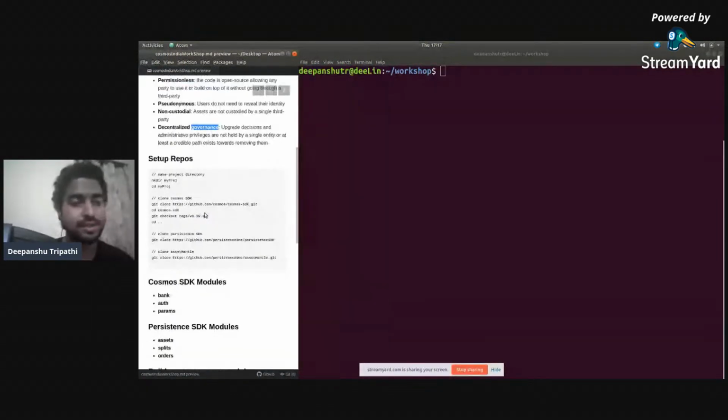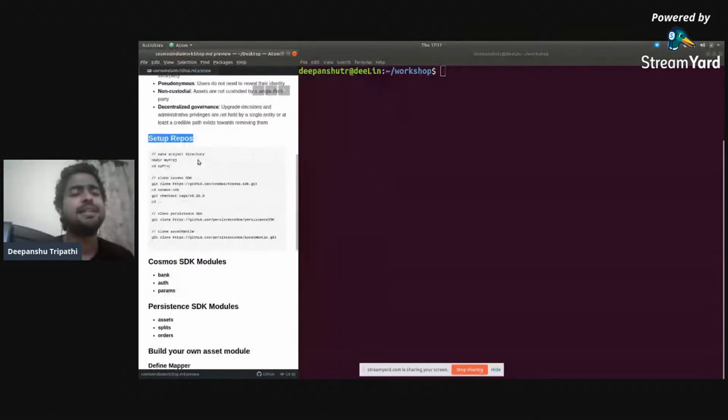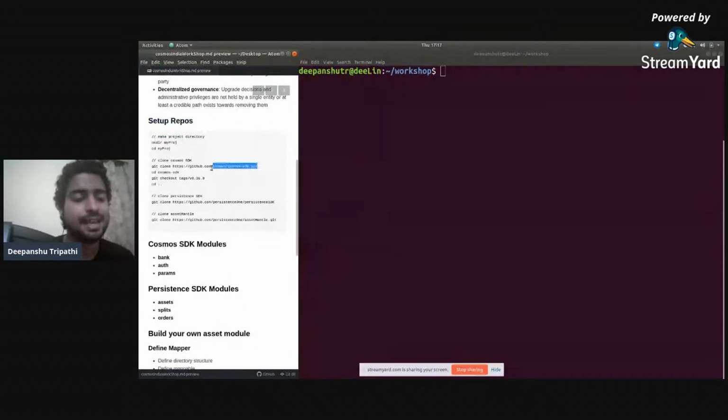And going into the next topic, that is repo setup. We're going to set up three repositories: the Cosmos SDK, the Persistence SDK, and an example application called Asset Mantle. The setup procedure is on your screen. It assumes zero information, except for, of course, Golang being installed if you want to run it later on. These are the steps, please follow them. We have already set it up for this workshop, so we are going to skip over